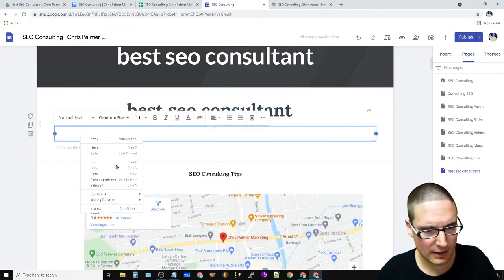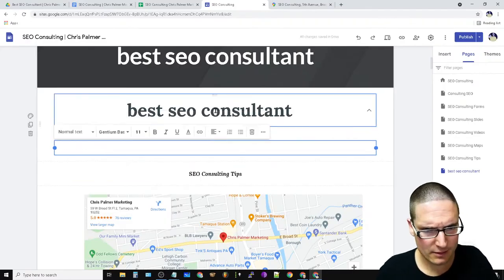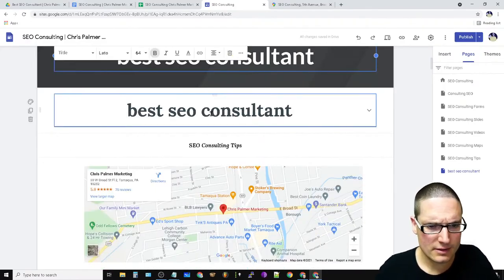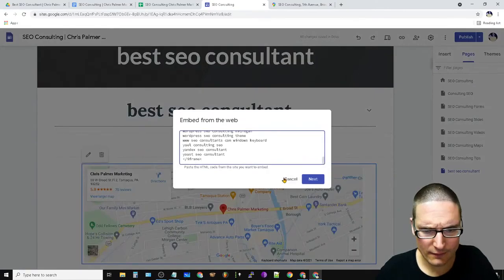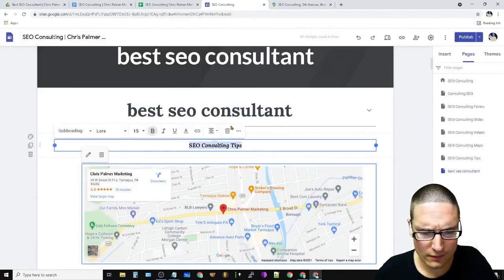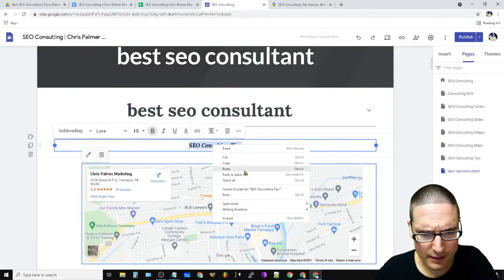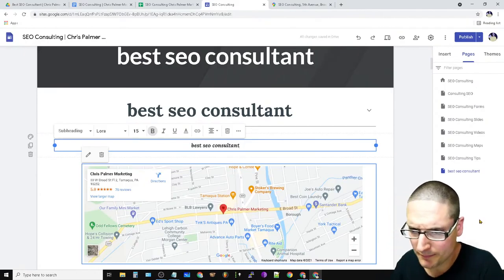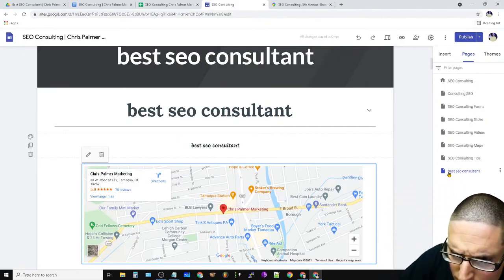And then inside of the body text, best. So that should be title, heading, and the subheading is best. Okay.